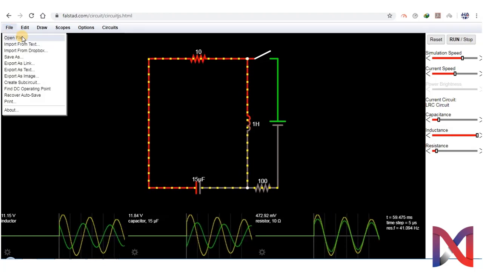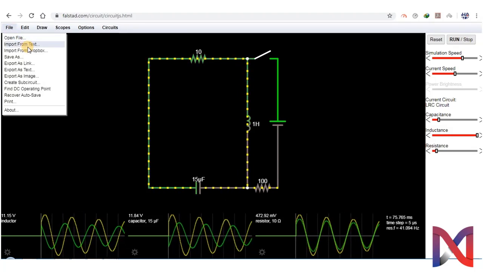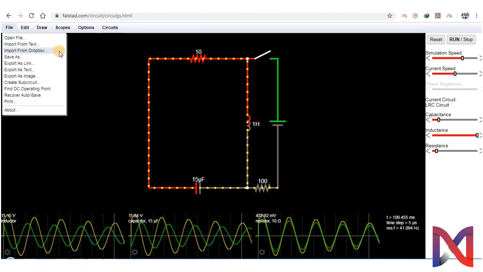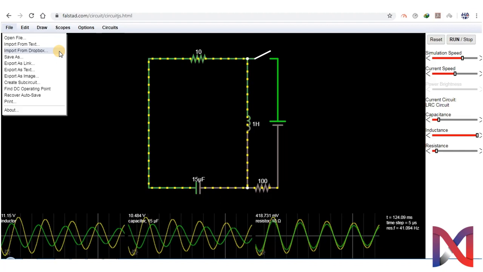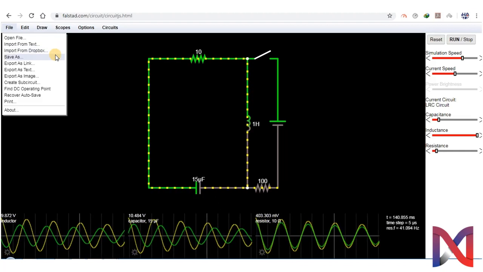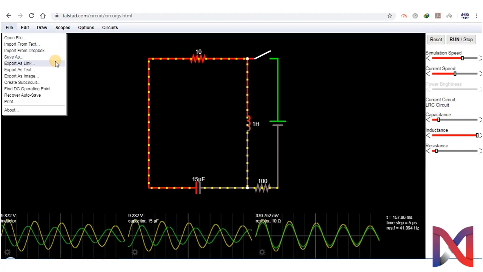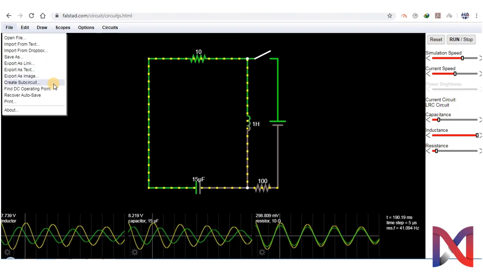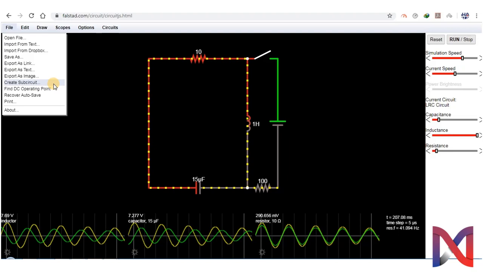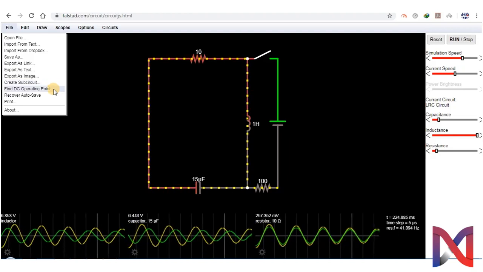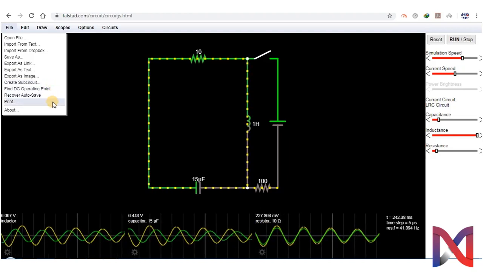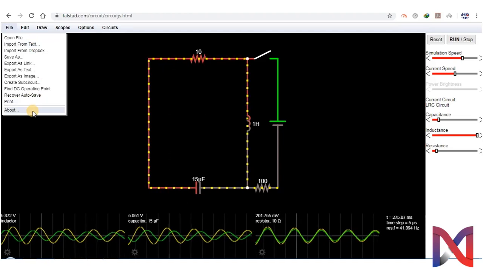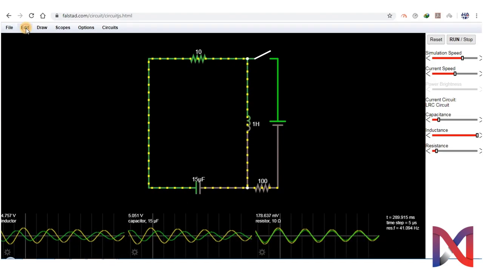Here we have opening a file, importing a file, importing from Dropbox, which is a cloud based storage. You can save any circuit. You can export the circuit as a link, as text, as an image, or create a sub-circuit. You can find DC operating point, recover, autosave, and print as well. The About option shows all the information about this software.